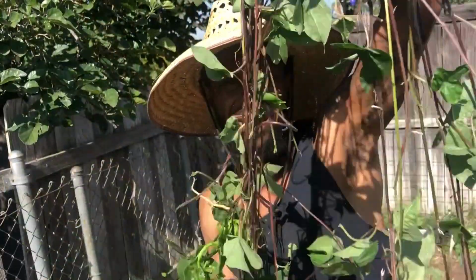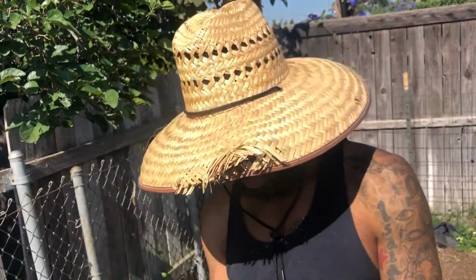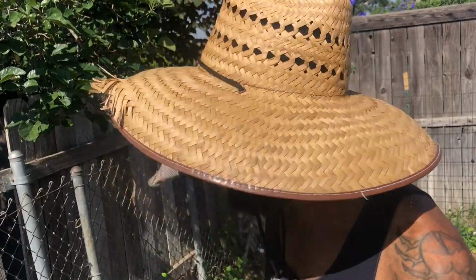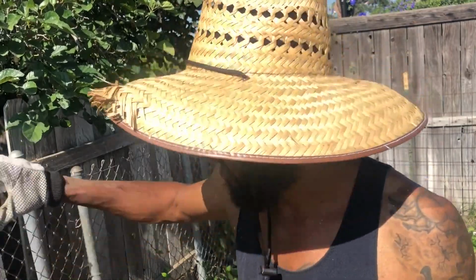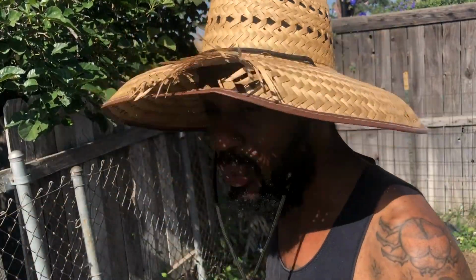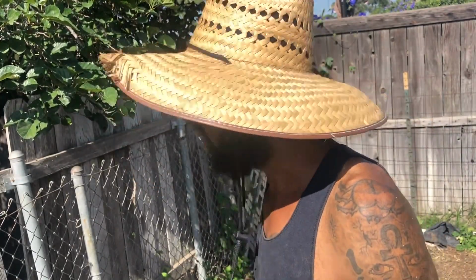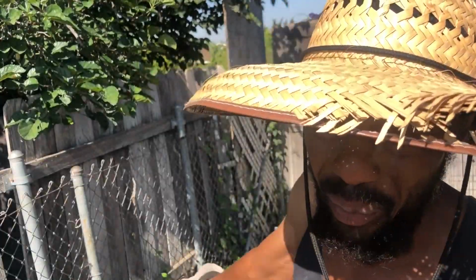Morning Glory. It's pretty. Morning Glory is a beautiful flower. I like it a lot, but it's coming against my trellis here. And my thing is I don't want it to spread to get to my cucumbers and get all mixed in with that. That would just be a nightmare. So I've been really doing my best just to drive it back and keep it relegated to that little area back there. Hopefully it eventually gets to a point and just starts kind of trellising back that way. I don't know. I don't really want it around